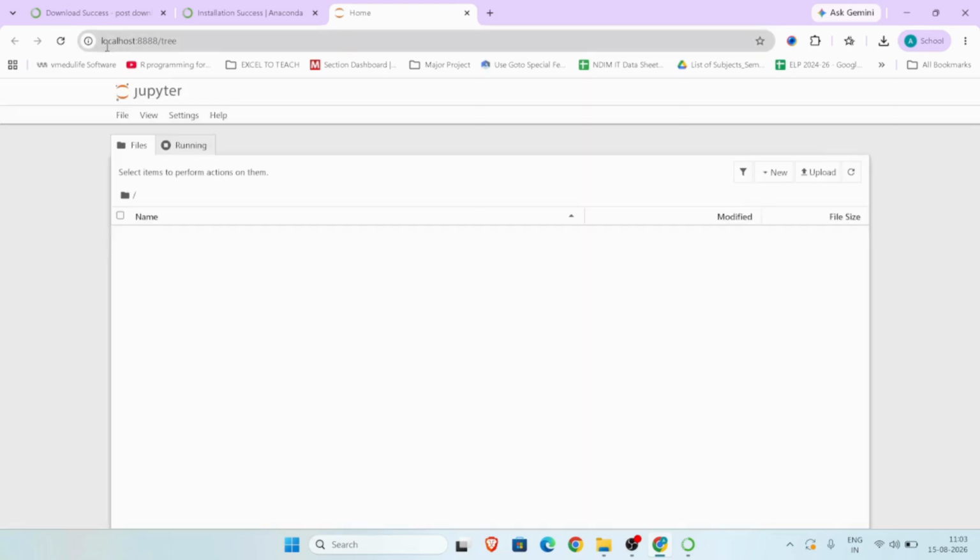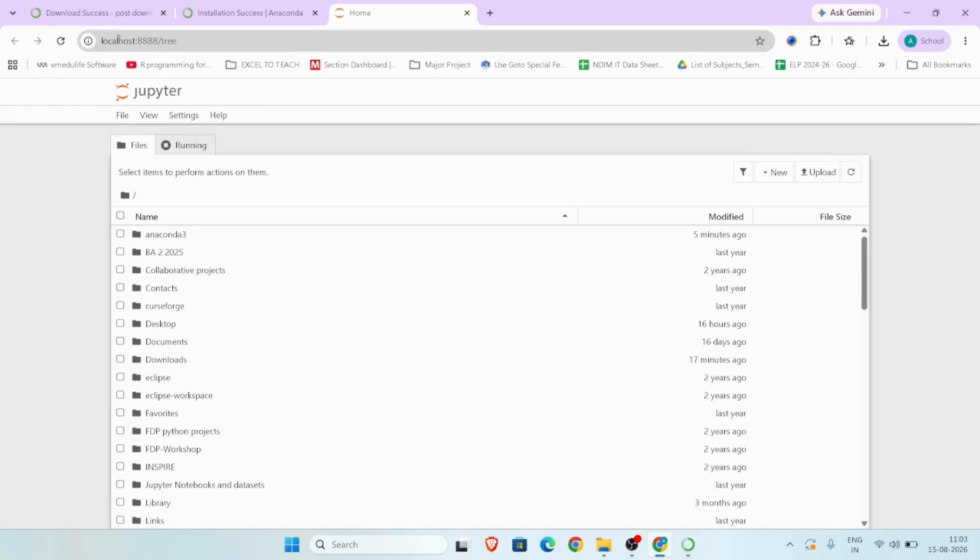Once you click on launch, you see that it will take some time. And now it is necessary that you see you are on the localhost. Localhost means your machine. Now you're working on your machine and the port number is 4 times 8. And this is the tree structure, wherein you will see that some files already available in the path where Anaconda is installed will be visible over here.